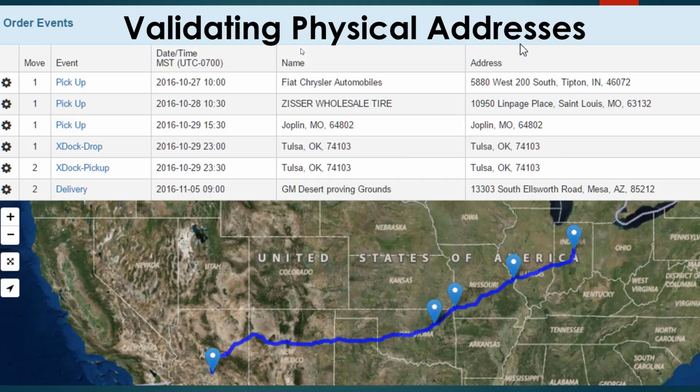In transportation, moving freight involves picking up and delivering to physical addresses. The TMS system is designed to help validate and store exact physical addresses. In doing so, the TMS can speed up the entry of an address, standardize the spelling of an address, improve